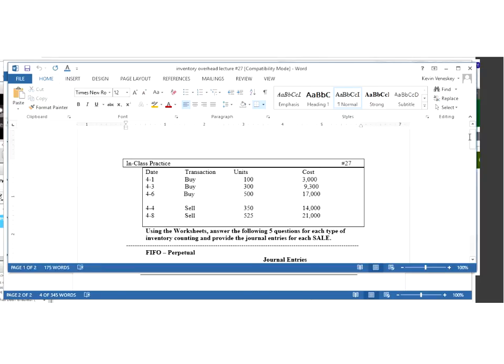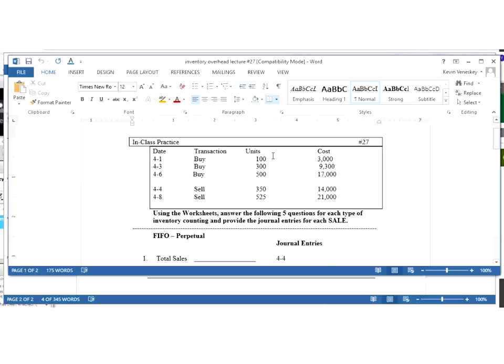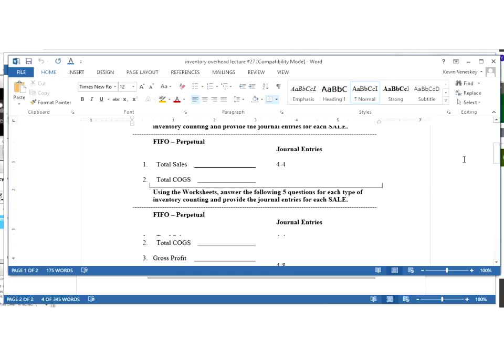I'm going to have this 27 up here just briefly, and then I'm going to switch over to the Excel and the answers. So if you don't have this, pause the video at this time and quickly write out what I have in this little box here of what we're going to be doing and keeping track of our inventory purchases and our sales. And then for each method,